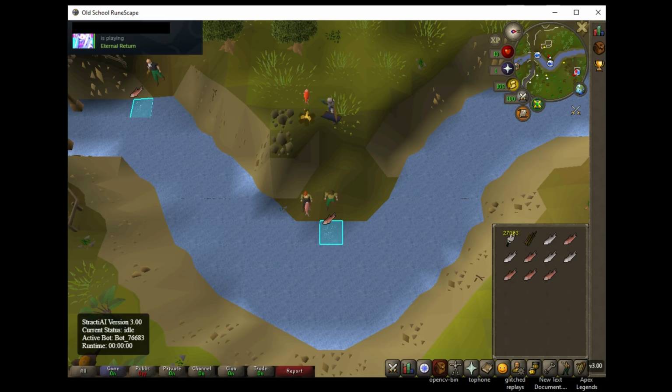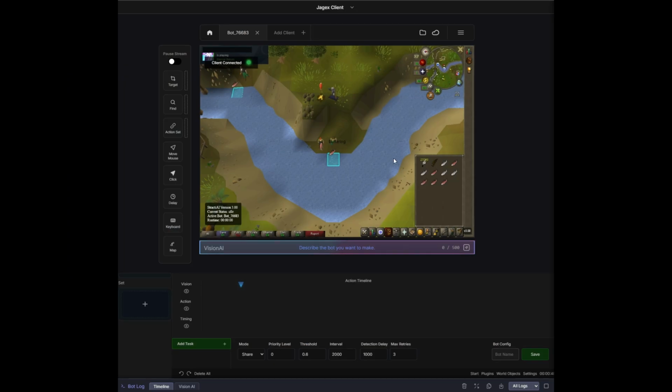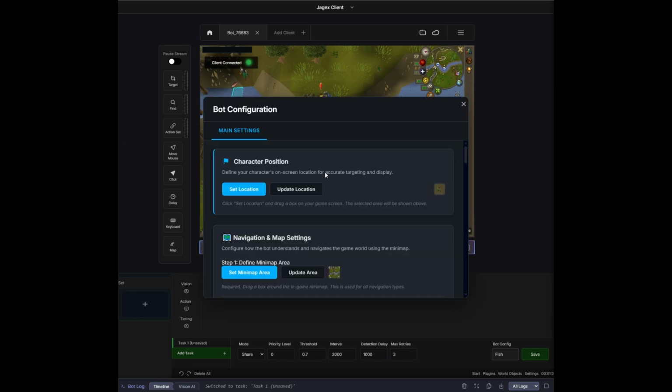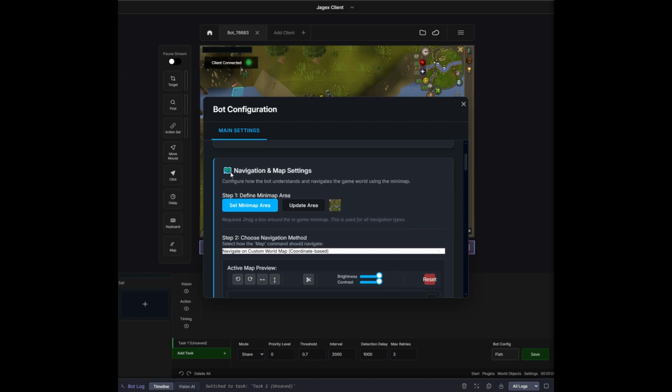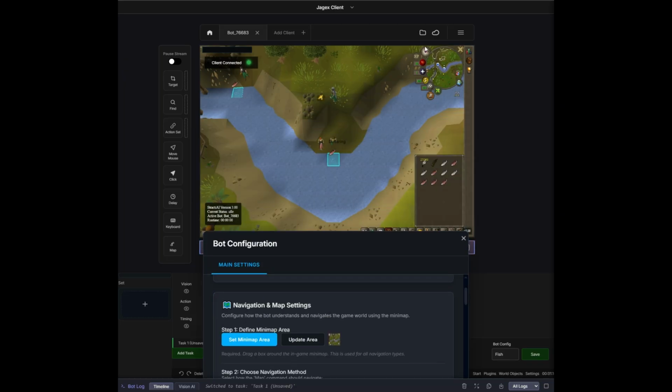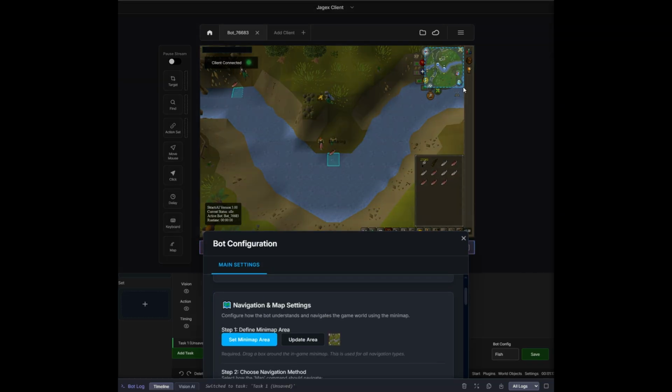So in order to do that, let's go to our web client, and we have a fresh bot right here with nothing existing. So let's add a new task. Let's name this fish. Then the first thing you want to do is go into settings and make sure you have your character position set to be around your character and navigation and map setting set to be around your mini map. So if we click this and then we make a selection around the mini map,